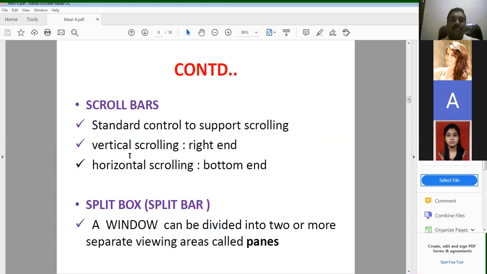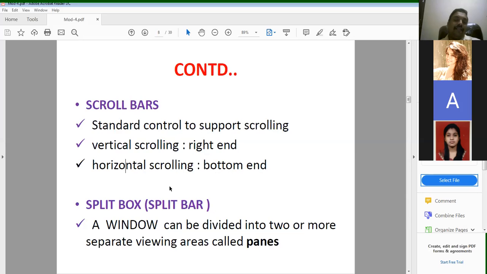So what does the scroll bar refer to? There are two varieties of scroll bar you come across: horizontal scroll and vertical scroll. Horizontal refers to the movement of the slide, and vertical is the vertical movement of the particular screen. Vertical scrolling is on the right-hand side, and horizontal scrolling is at the bottom end.